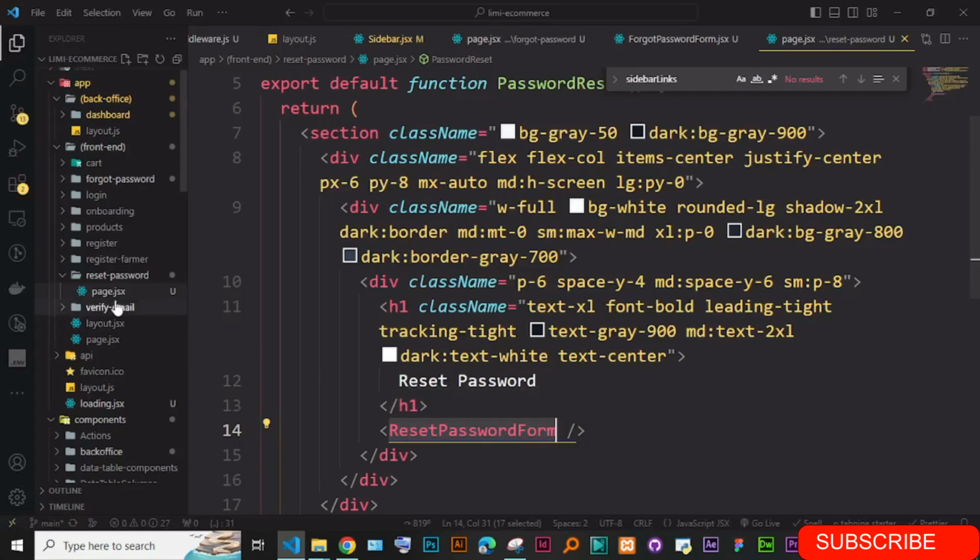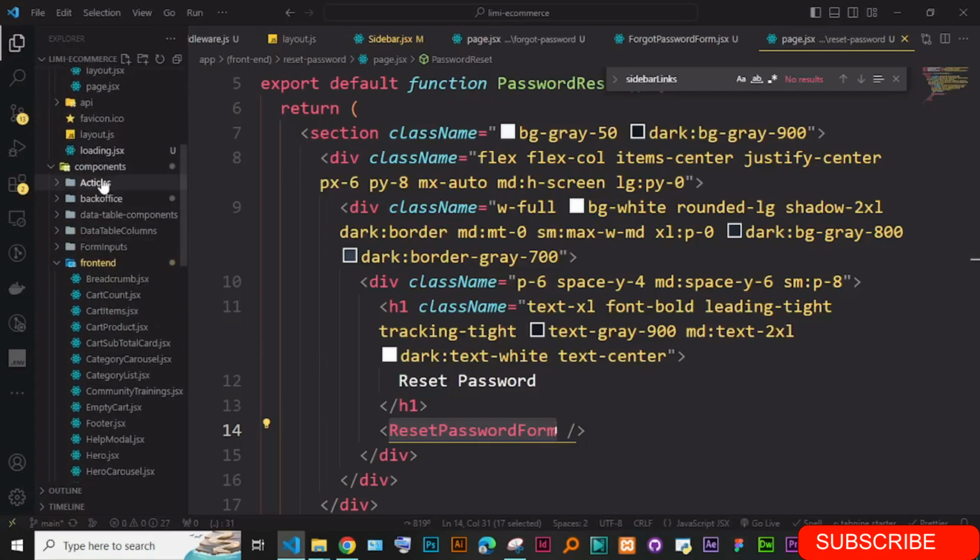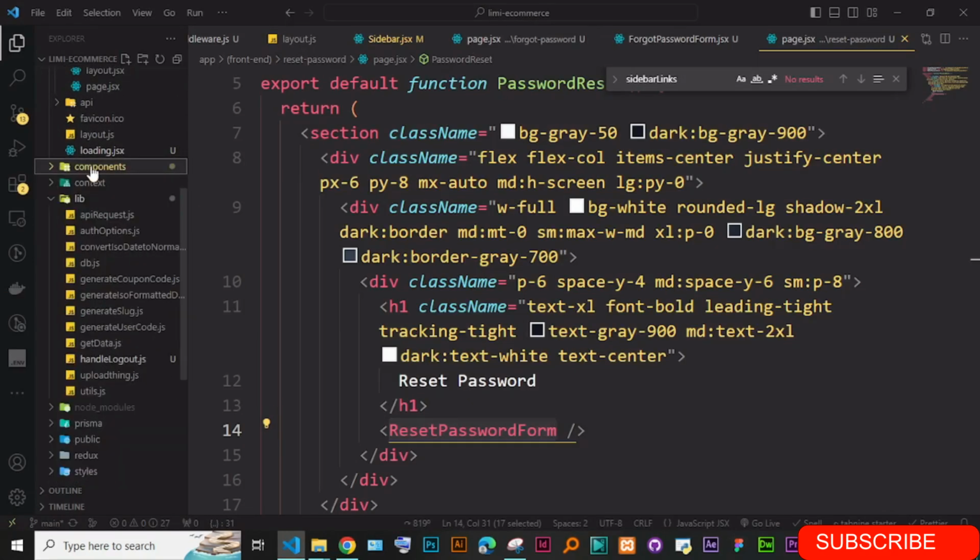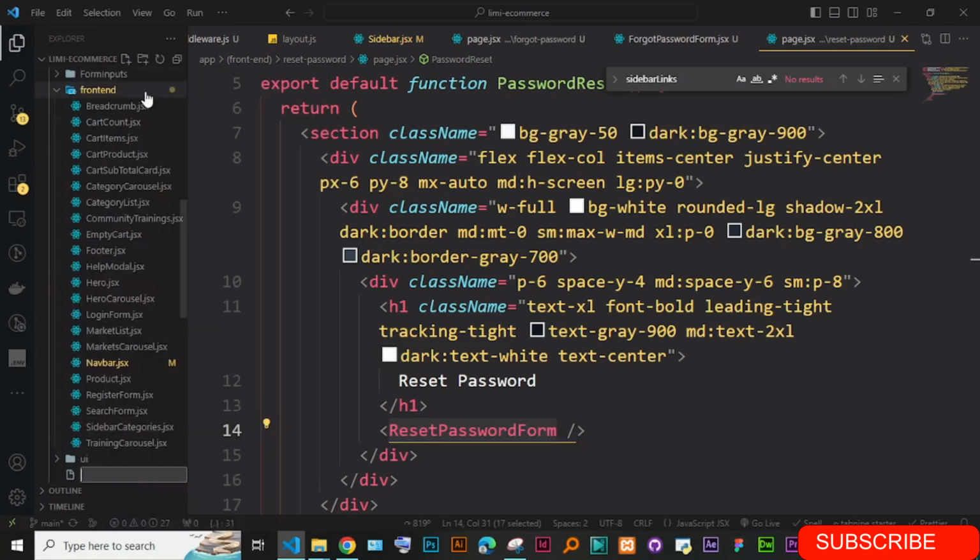So just go and create another component. In components, create a new component called reset password form.jsx